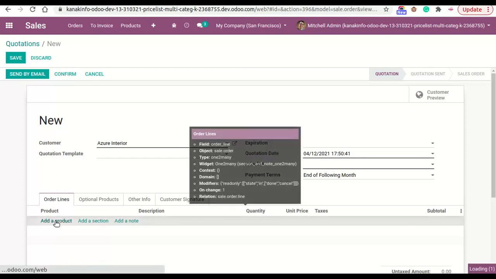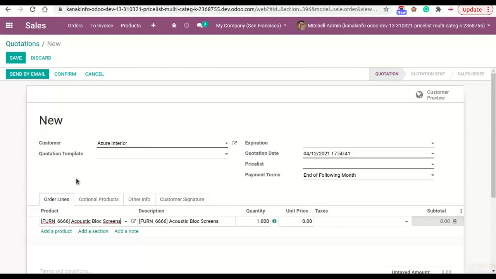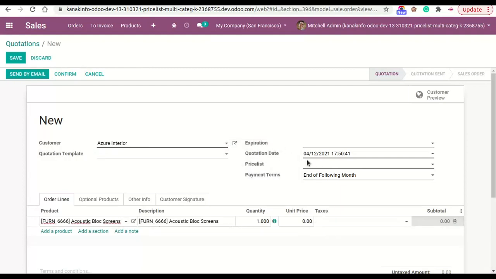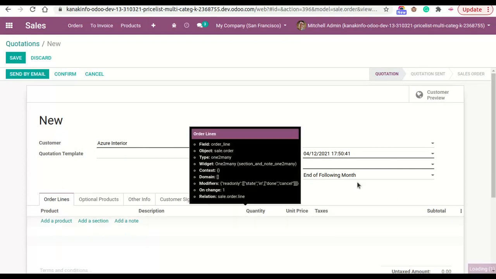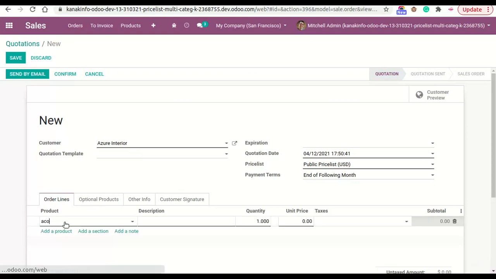Now again I add a product. See, there is no unit price on this price list, so add a price list and product and then save it.